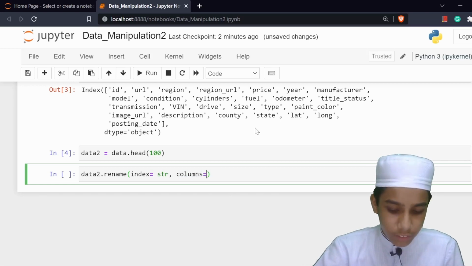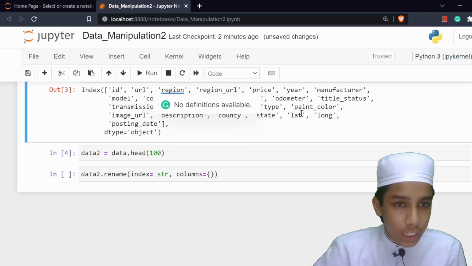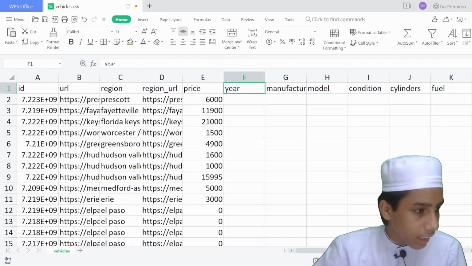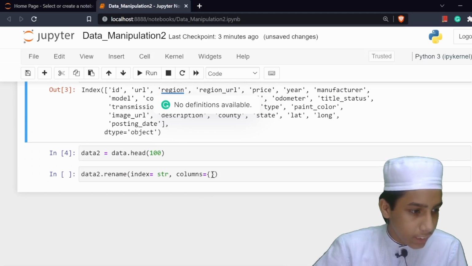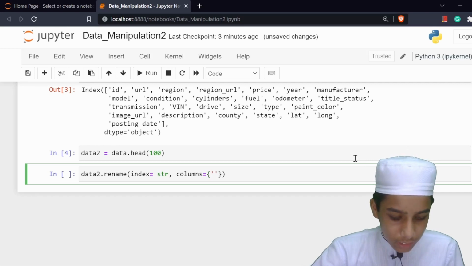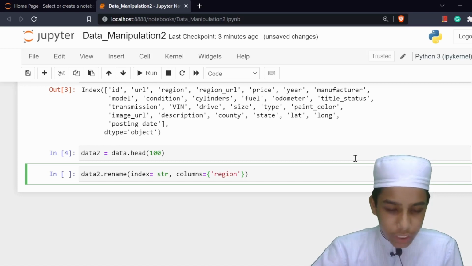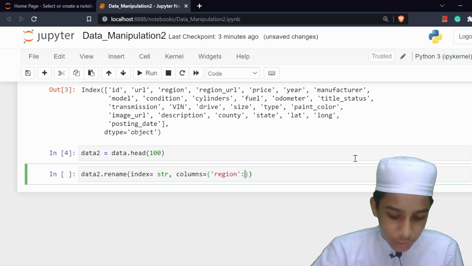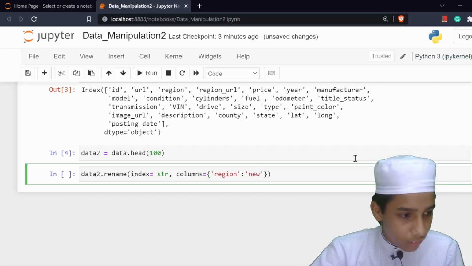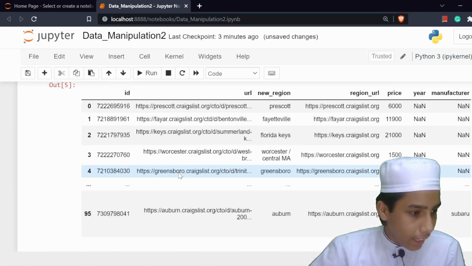The column should be equal to the region instead of the city. Let's check whether we have it in this one. I have the region, right? So don't give the city, just give the region. Now I'm going to give region, and I want to rename it to new region. So I'm going to give new region here, and if I run this, as you can see,